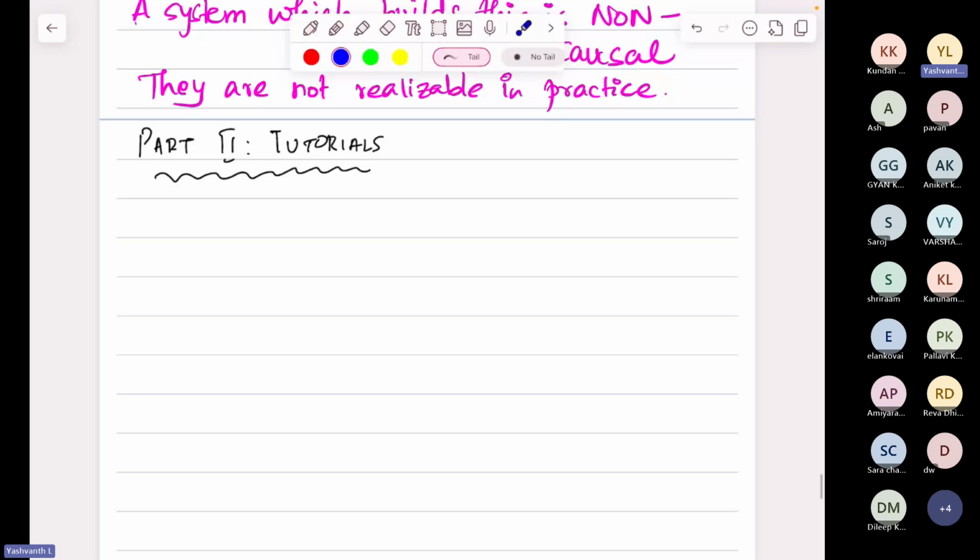So let's now go over the second part of the tutorial, the TA session, namely on some tutorials. That is, we'll solve some problems based on the concepts which we discussed today. Okay. The first question, the problem that we're going to solve is as follows. Question is, show that